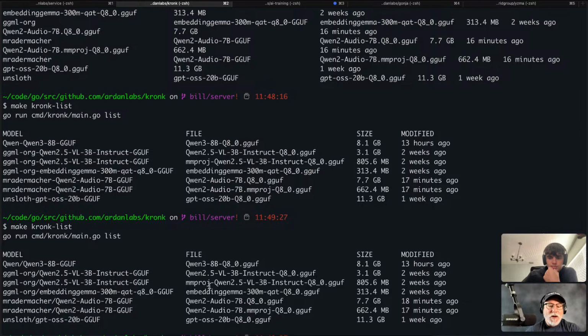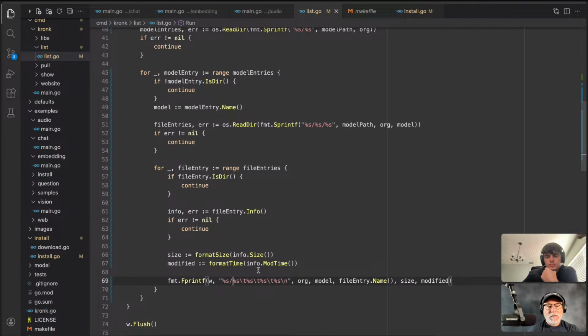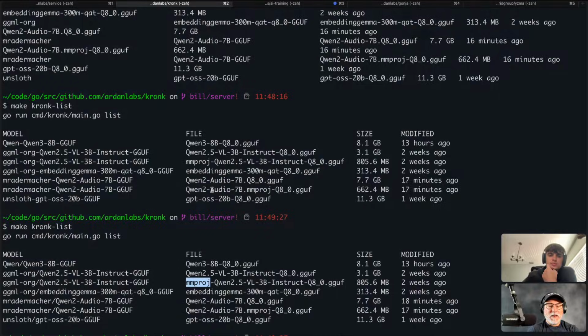Now, I don't want projection files showing up here. So what we want to do then is say, I don't know if I want projection files. I guess a projection file can show up. I mean, it's required for audio, right? It is. What I'm worried about now, and we can get the CLI tool to work with this,